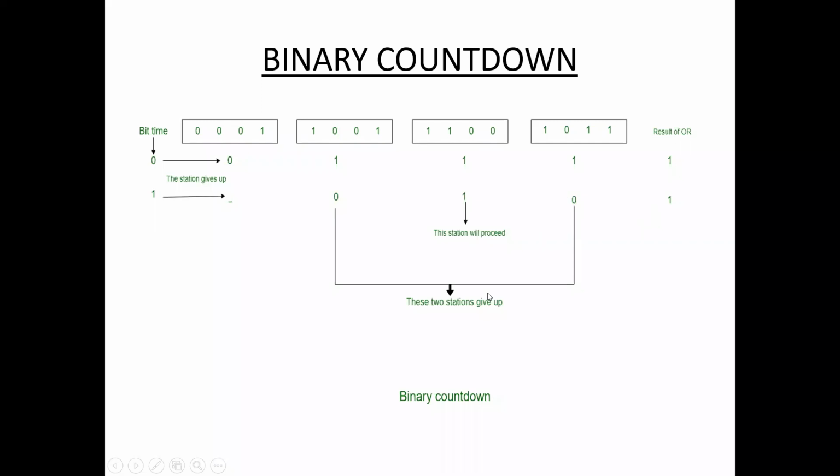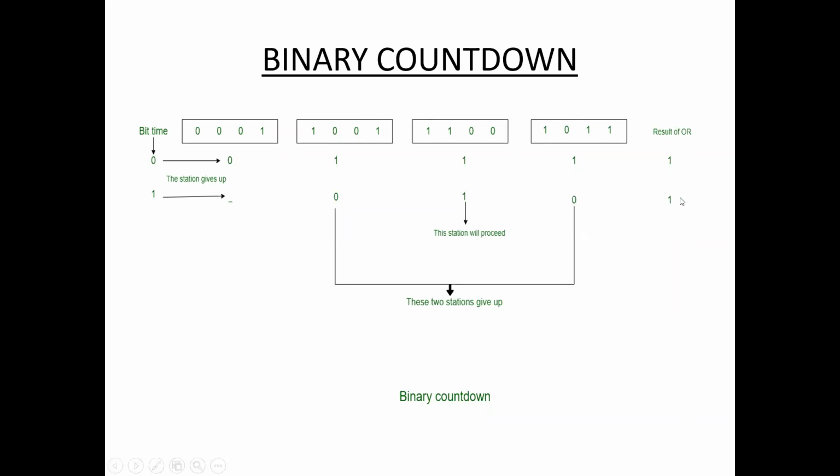Okay, so out of 4 stations, first station 3 accesses the channel. Then the remaining are 1, 2, 4. Out of 1, 2, 4, we compare 2 and 4. See here, 2 is 1001 and 4 is 1011. Next we take the third bit. Station 2's third bit is 0 and station 4's third bit is 1. So station 4 proceeds next. That is, first station 3 accesses the channel, then station 4, then station 2, then last station 1.